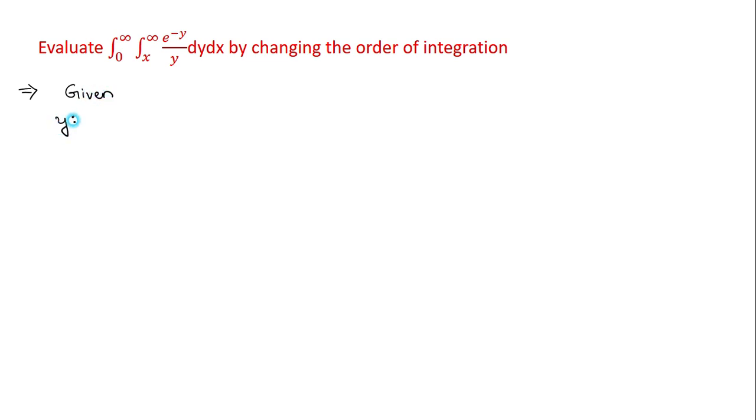y varies from y is equal to x to y is equal to infinity, and x varies from 0 to infinity. So by changing the order of integration, here the x limits are taken as the constant. Now we have to take y limits as the constant limits. So by changing the order of integration,